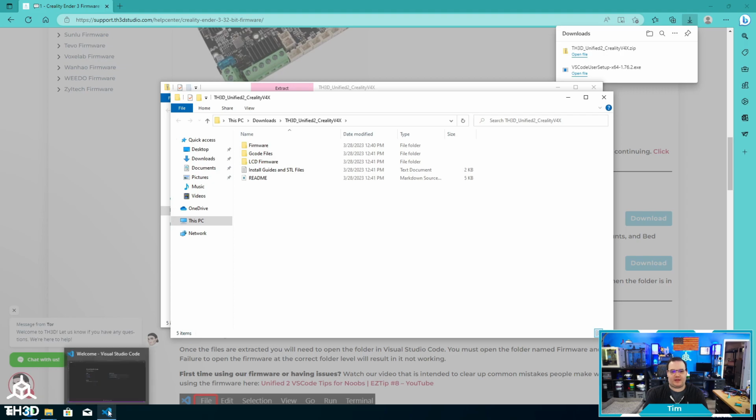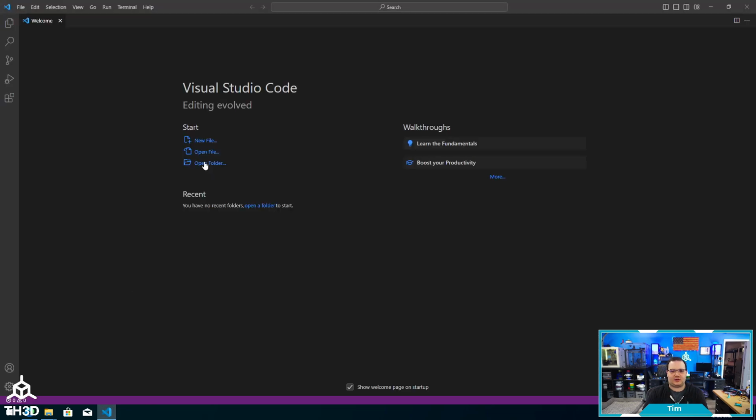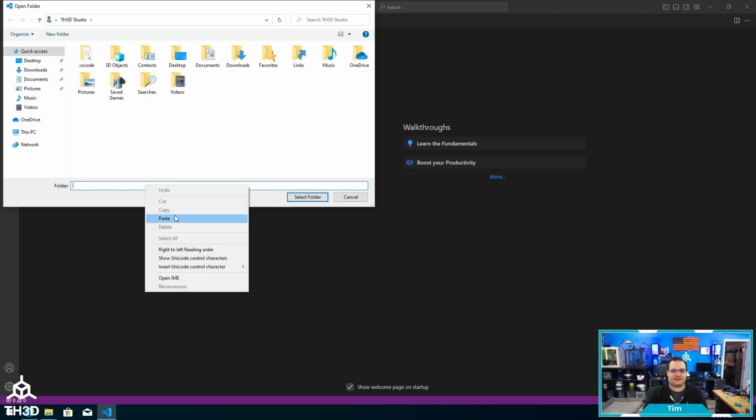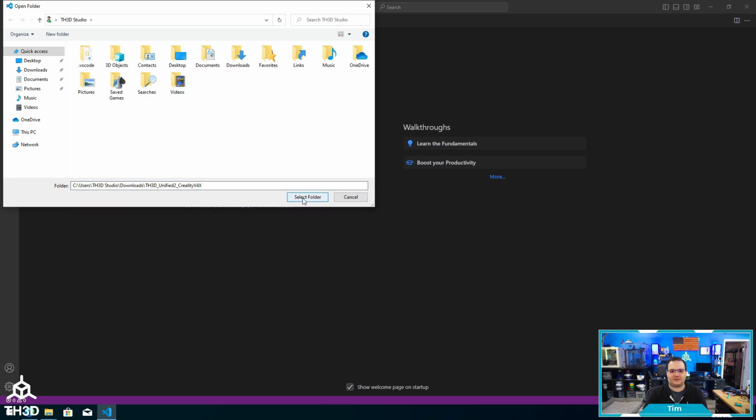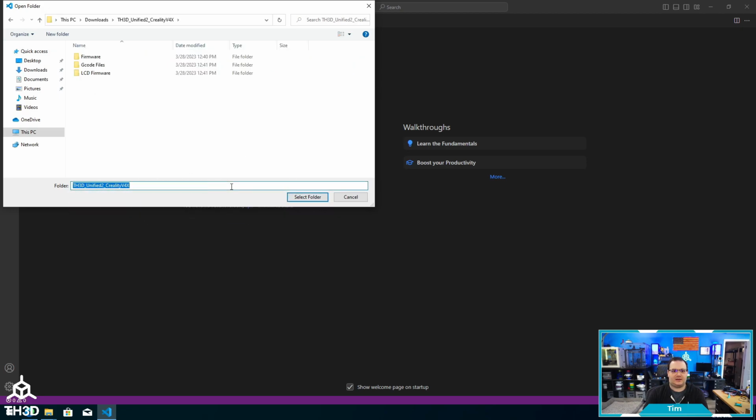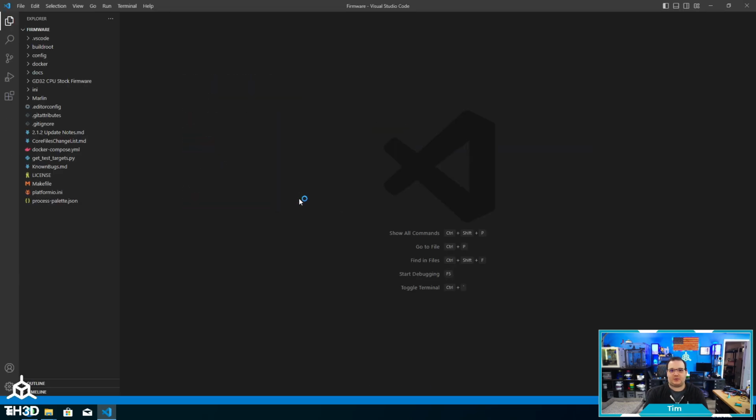I'm going to switch back over to Visual Studio, hit Open Folder, and paste in the path where I extracted the files to, hit Enter, and we're going to want to double-click the firmware folder, and then do not click any of these other folders. You're just going to go ahead and hit Select Folder, and at this point the firmware is going to load